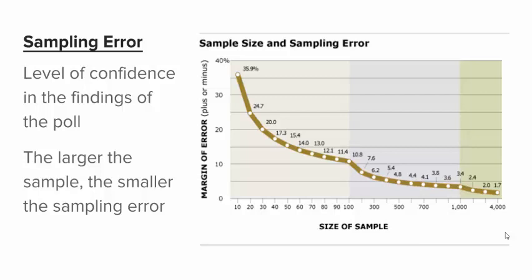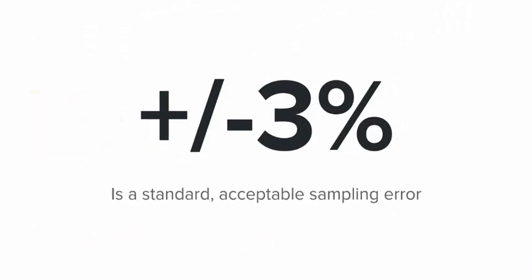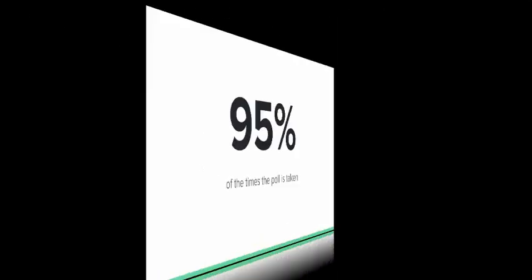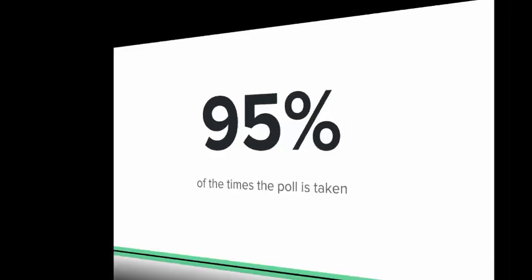Let's break down exactly what that means, although we're going to have to get a little mathematical. Don't worry, we'll get through it together, and you can ask questions at the end. If the most realistic and still acceptable sampling error is plus or minus 3%, that means that if you took the same poll over and over again, 95% of the time, the results will be within 3% of what the